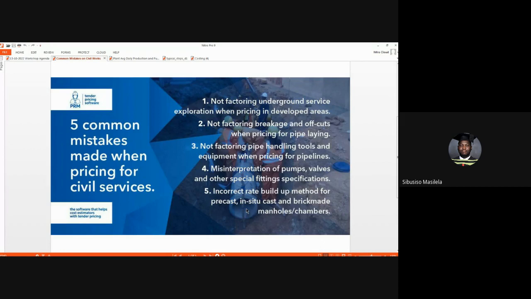We normally don't factor in underground services or exploration of underground services when pricing in developed areas. As I explained, in developed areas, there are a lot of things happening, meaning that your production will not be as fast or as quick as you wish it to be. So you need to factor into your price all those things that you need to do, because in urban areas we are required to scan for services underground, whether there is a water line or a sewer line or a fiber or electric line. You need to know, and you need to have